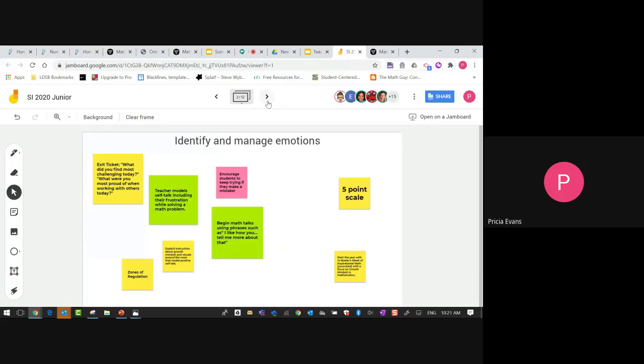Maybe I'll put all of them together because that way we've got a really wide range of supports that we can do in our classrooms to support social emotional learning. I do love that at the bottom here, we've just got start the year with Jo Boaler's inspirational week of math. And I love that idea of starting our year on a growth mindset in mathematics and then thinking about how we continue this through the year.